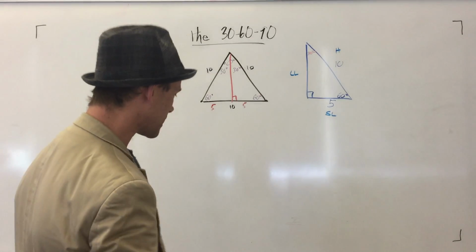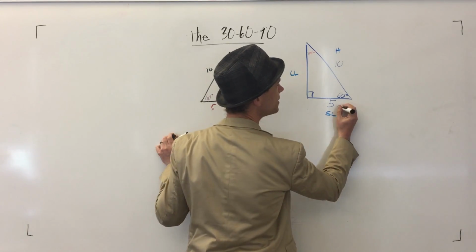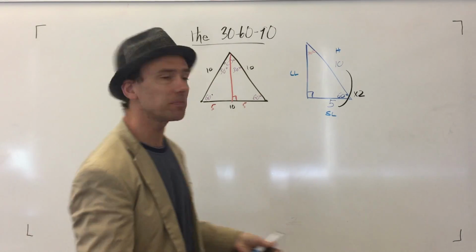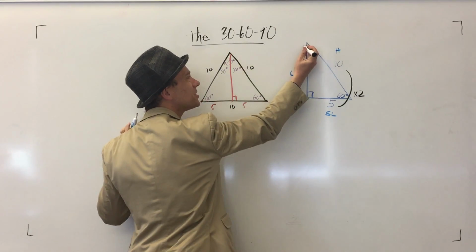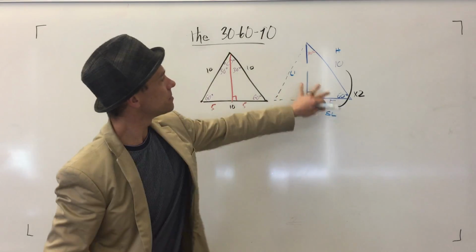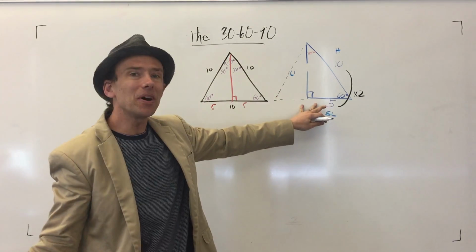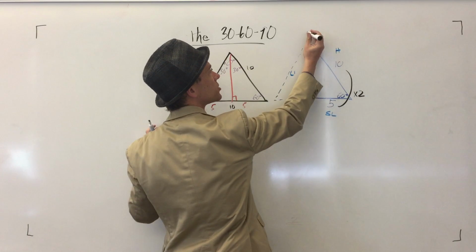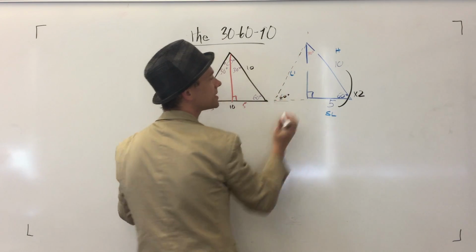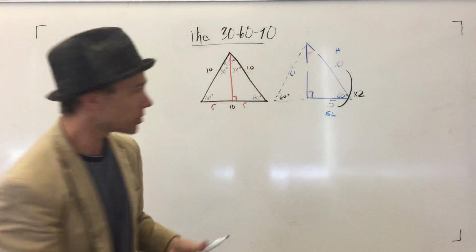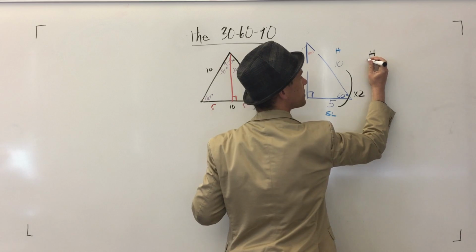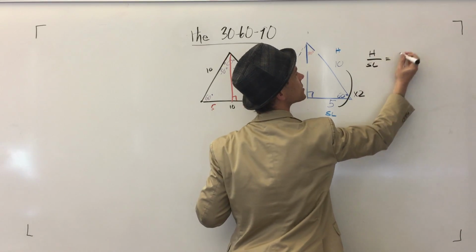Okay, so look at this thing with me. Just look at this thing. Here to here is a times 2. That's the relationship of the short leg to the hypotenuse, because the short leg is half the hypotenuse. If you reflect this triangle over, you can see that more directly, because that's also 60 down. So I'm going to just write that right here. So this is something to remember, is that the ratio of the hypotenuse to the short leg is always a